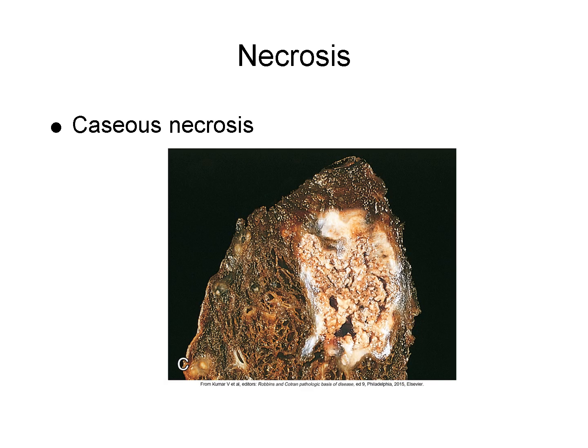This image shows caseous necrosis, a distinct form of tissue death most commonly associated with pulmonary tuberculosis. It gets its name from the cheese-like appearance of the dead tissue, soft, white, and crumbly. Histologically, it represents a combination of coagulative and liquefactive necrosis, where the affected tissue loses its structure and is infiltrated by immune cells and cellular debris. This type of necrosis is typically surrounded by a granulomatous inflammatory response, as the body attempts to wall off the